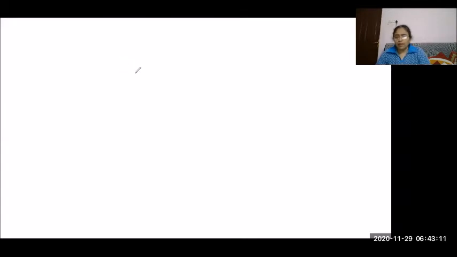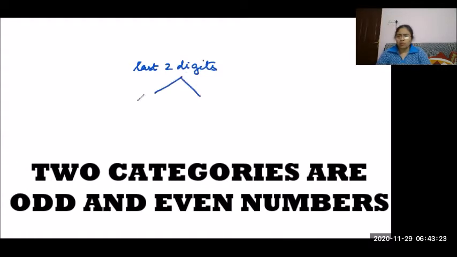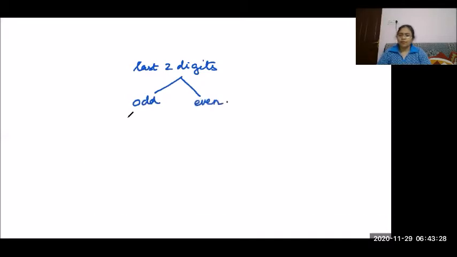When you think of the last two digits, they can be categorized as numbers ending with odd numbers and even numbers. We are going to see all the odd numbers, that is 1, 3, 7, 9 and 5. For 5, we always have 25 or 75. So I'll come back to 5 afterwards. Let us start with 1.